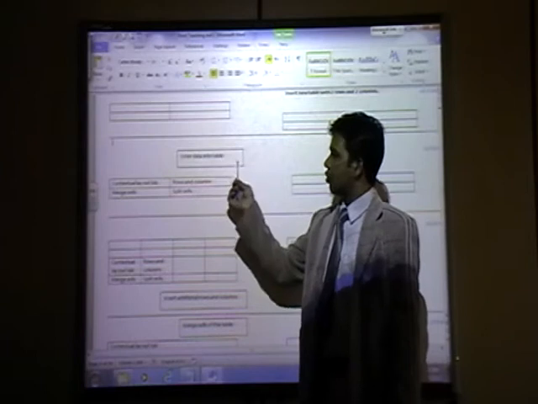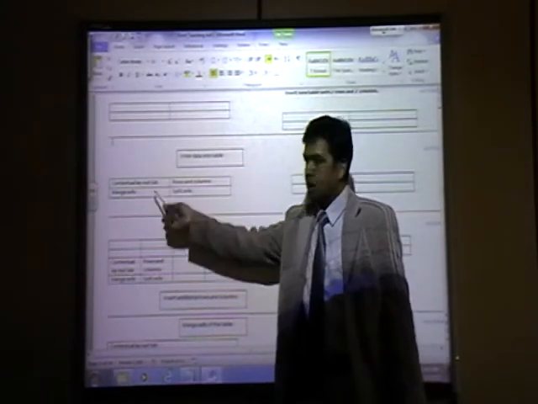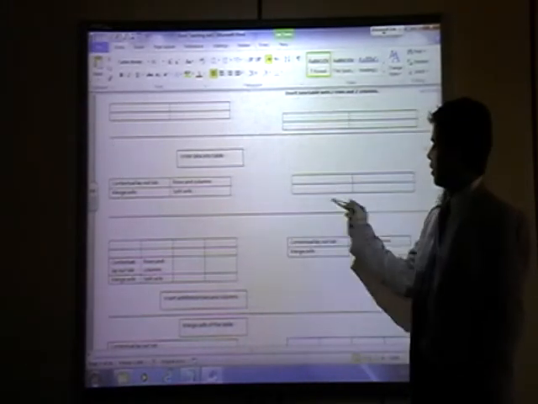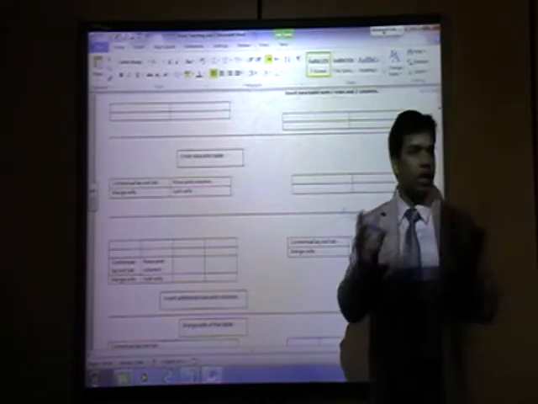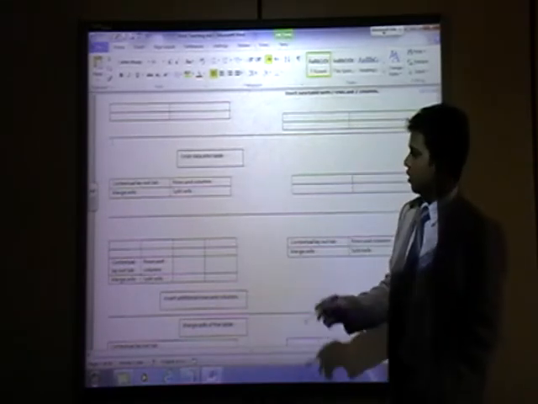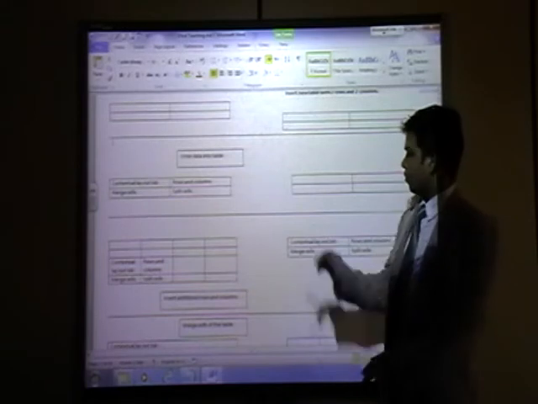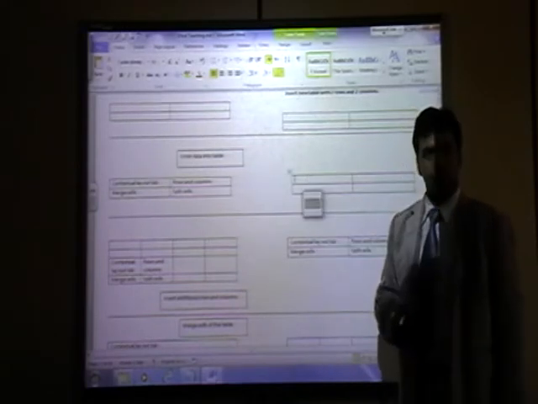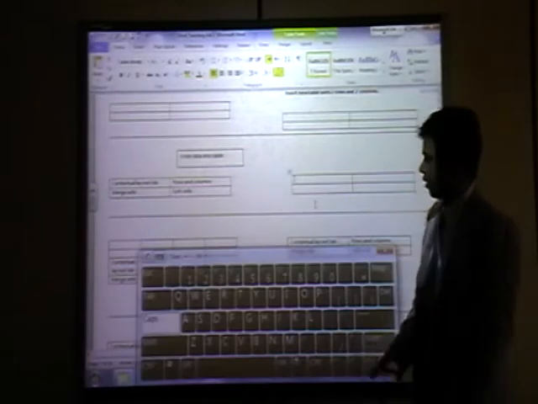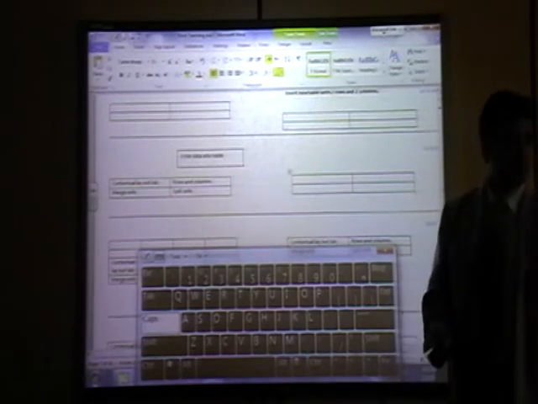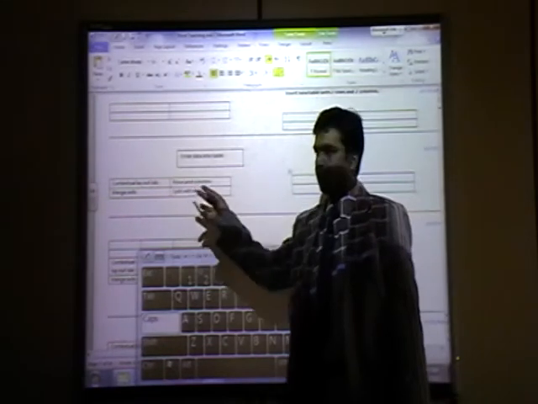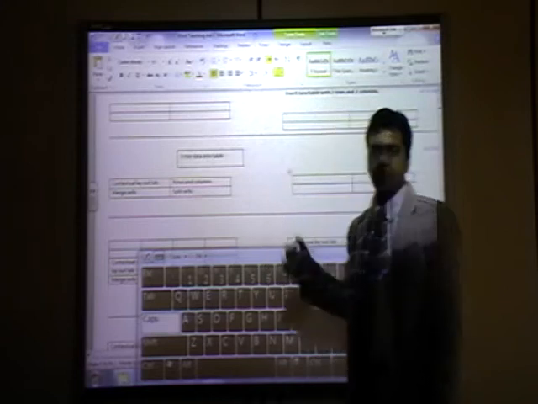Enter data into table. Means if you have a table like this and you want to write anything, so what you can do, click inside this. After that you can click this one and you can type. But what I will do, it is already written, I will copy paste here. Okay, it will save my time for writing.